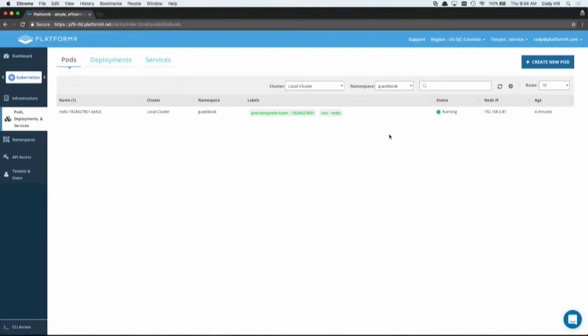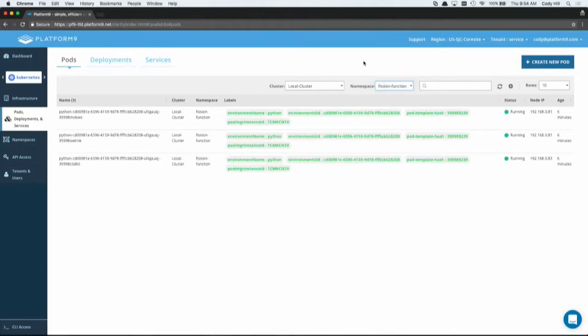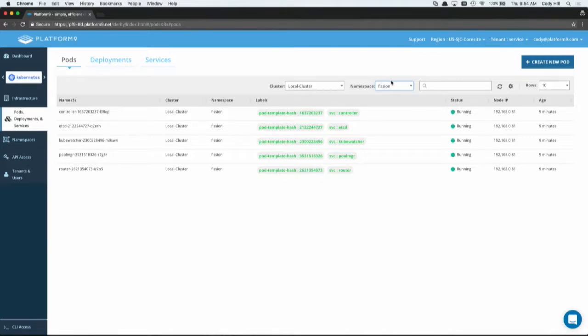So I'm back up and running, and really what I wanted to show is that in this pods view, we have this local cluster, and now we have this guestbook namespace that we just created, right? Inside this local cluster, we also have our Fission functions, right? And so these are other containers running those functions for Fission. And then we also have our Fission namespace, which has additional containers supporting Fission, right? So all of this is being created in the back end as Kubernetes objects, but the way you consume it is just directly through